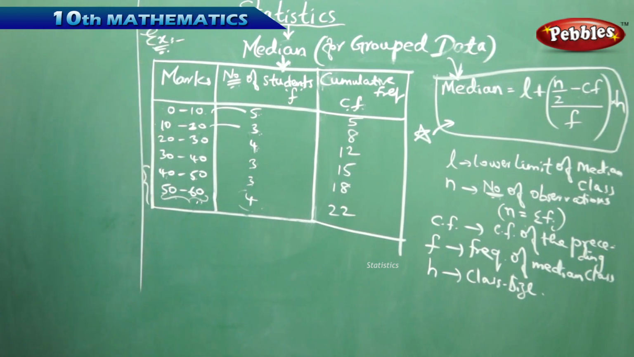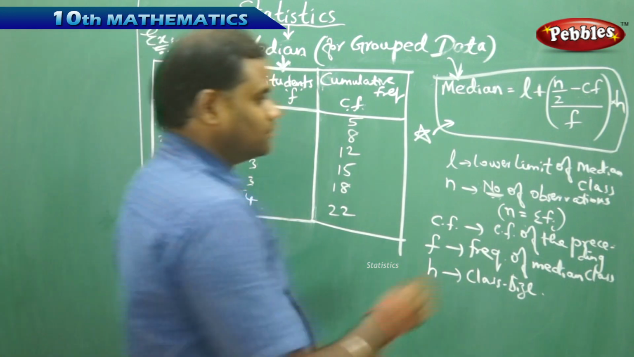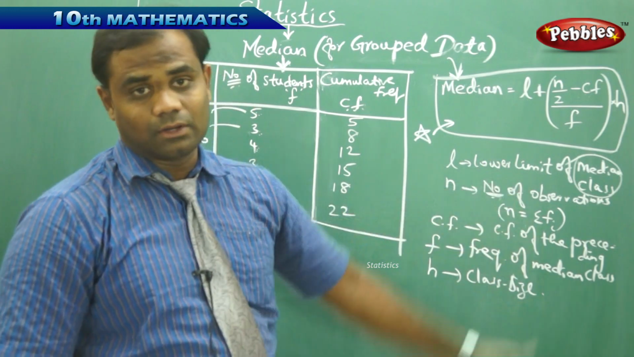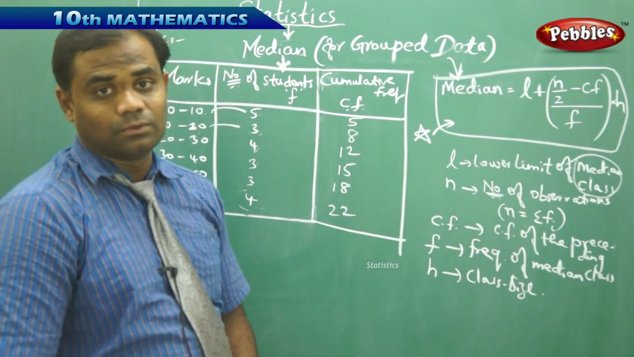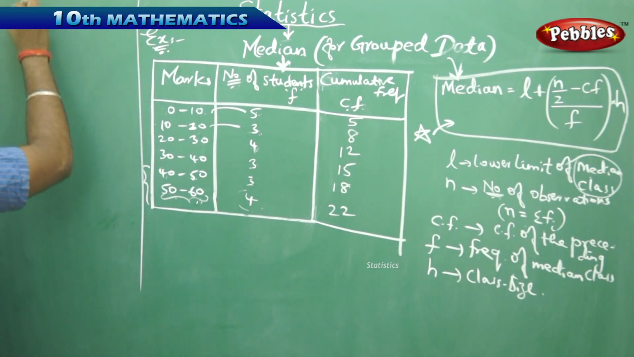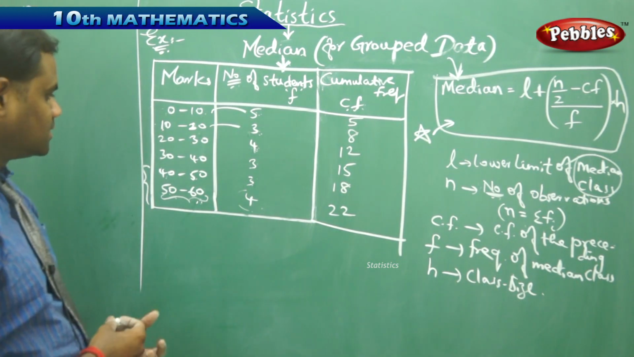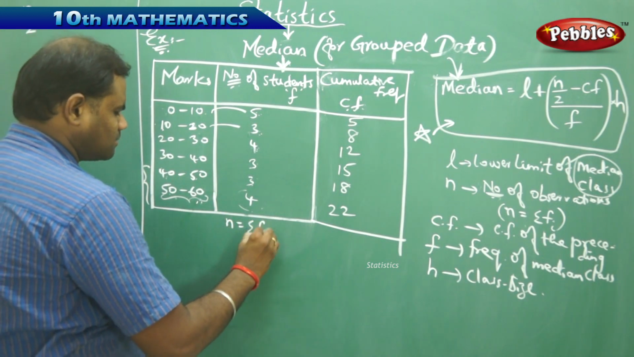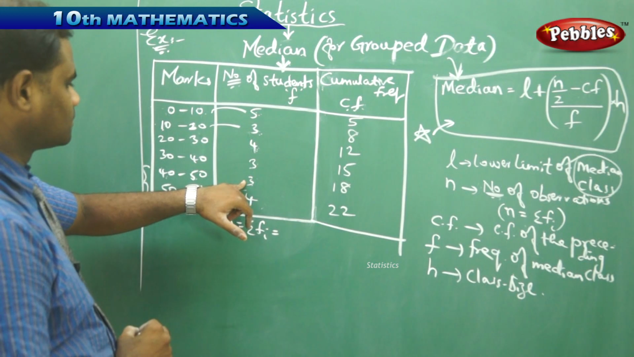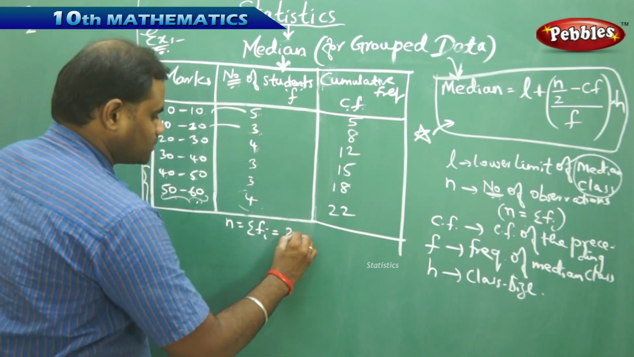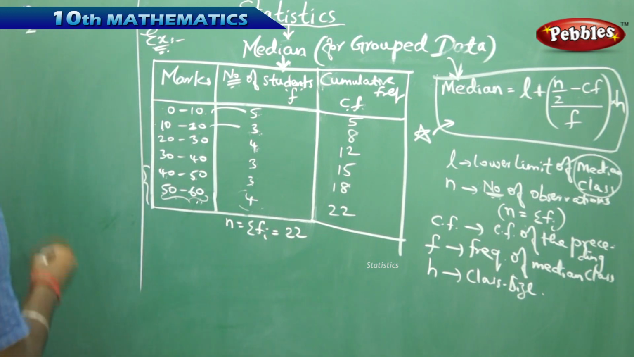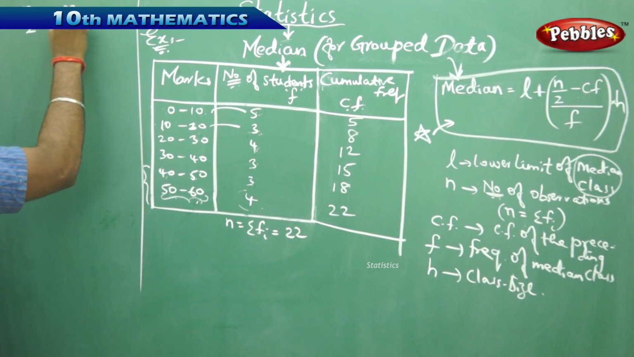To start with, I first identify the median class. How to identify the median class is the biggest question here. So let's see how the median class is identified. First we consider n by 2, where n is sigma fi, which is 4 plus 3 plus and so on, giving me 22. So my n is 22, which is sigma fi. So n by 2 is 22 by 2, which is